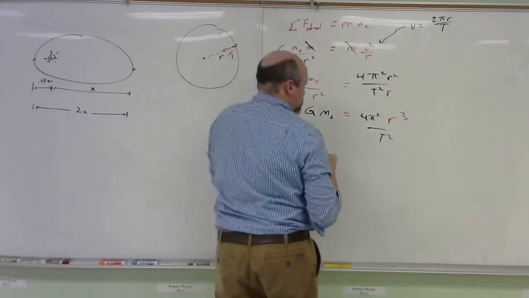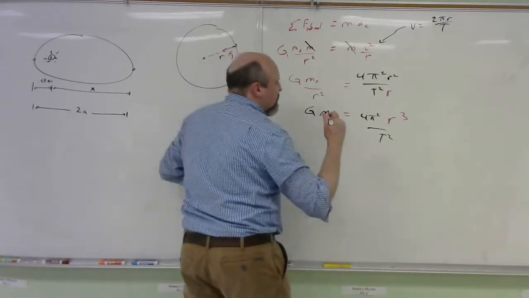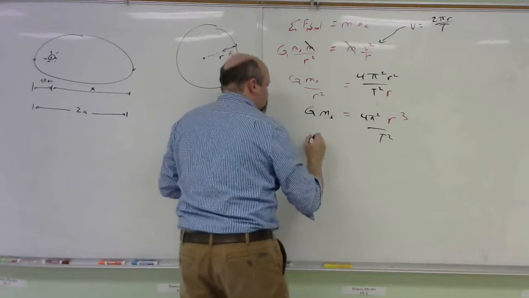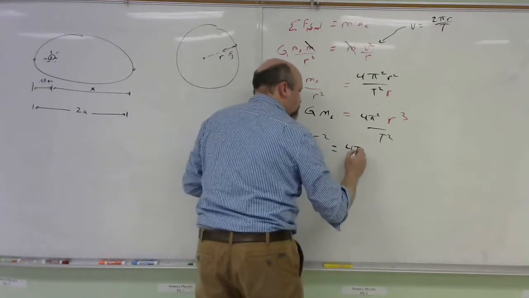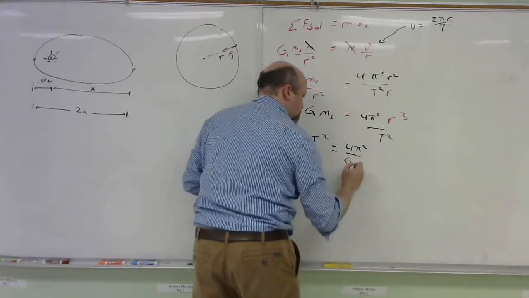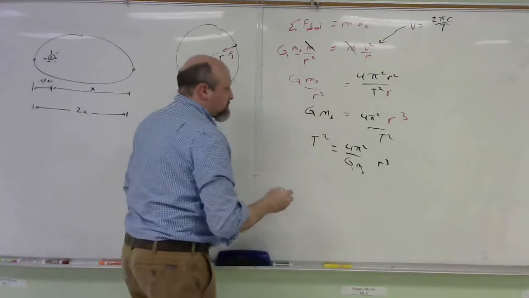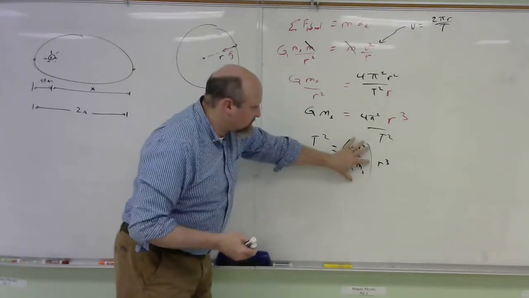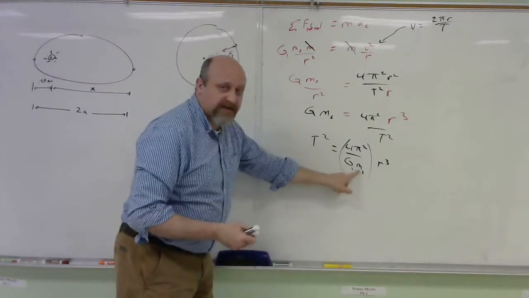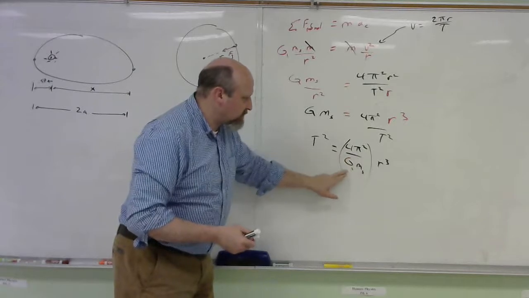One last rearranging I'm going to do. I'm going to move the 4 pi squared down. Well, whatever. Let me move the t squared and the GMS there. This is the way you typically see this thing written, so I'm going to write it that way. Okay, so what I want to point out is that for things orbiting the sun, this is constant. For everything orbiting that center mass, this is a constant, 4 pi squared G, mass thing